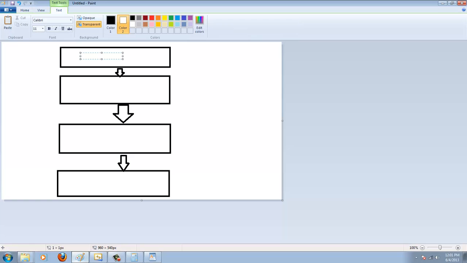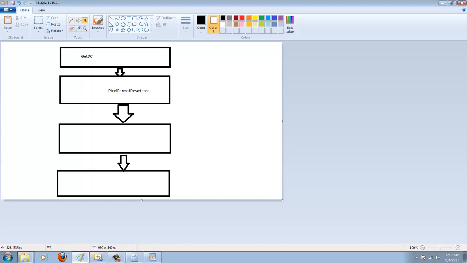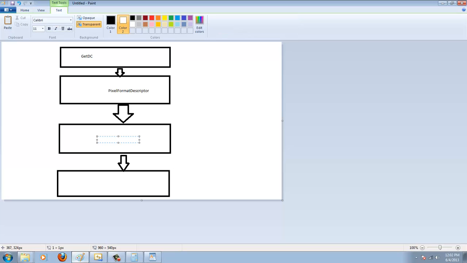So first step is use getDC to attach the window to the device context, and then pixel format descriptor structure sets up the graphics part of it, so how it's going to look,